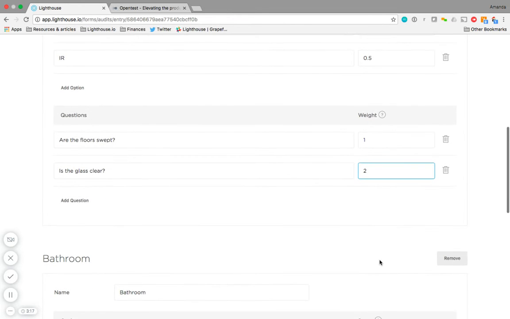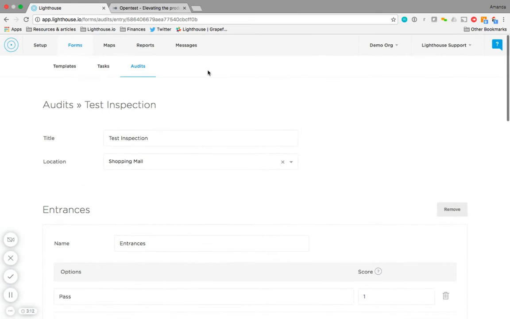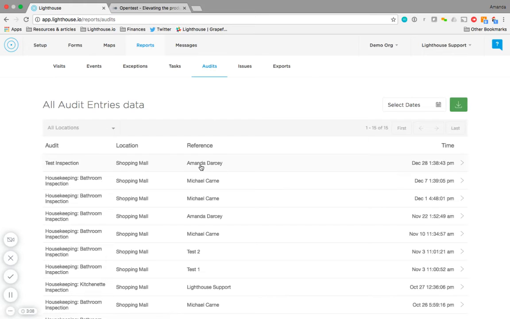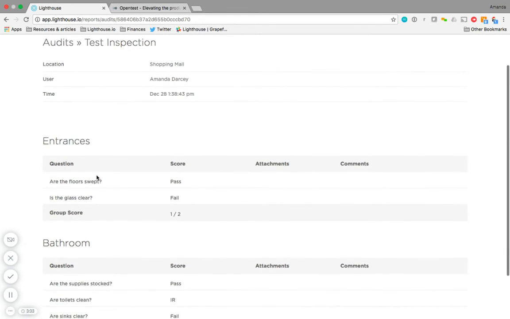Let's take a look at this in the report so we can see how this plays out. If I go to my reports and I click into my audits and I look at a recent test inspection that's been completed, I can see the questions that have been asked and the scores that were provided. Where the group score is calculated is the value, so that this total group is worth 2, each question was worth 1 point. The glass was a fail, so 0 points were provided,